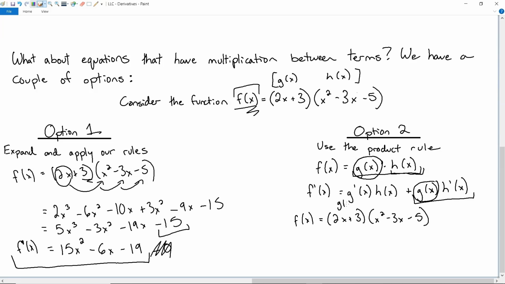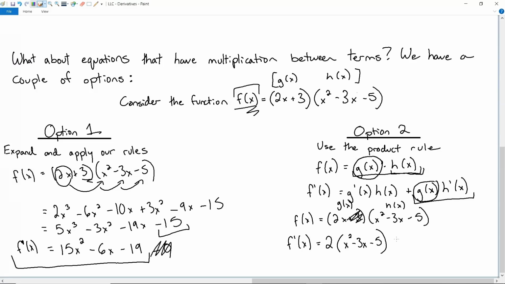Again, let's consider this its own function and this its own function. So for the derivative of f of x, I first need to find the derivative of g of x. So if I just look at that on its own, 2x, if I find the derivative of that, it would just be a 2. And then we can always ignore constants by itself because that will be a 0. So the derivative of g of x is just a 2, but then we multiply it by the entirety of